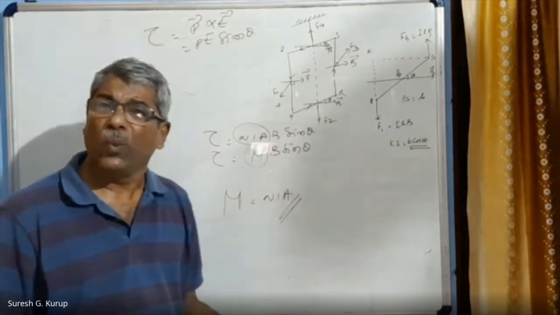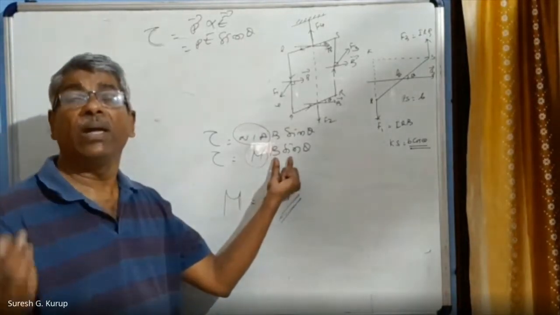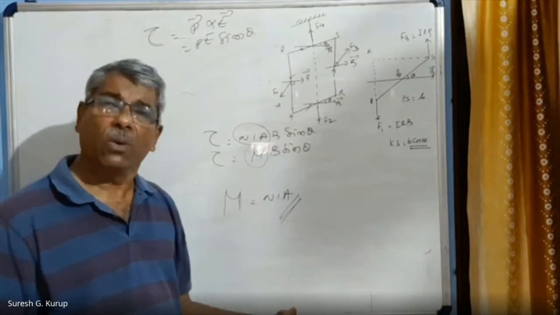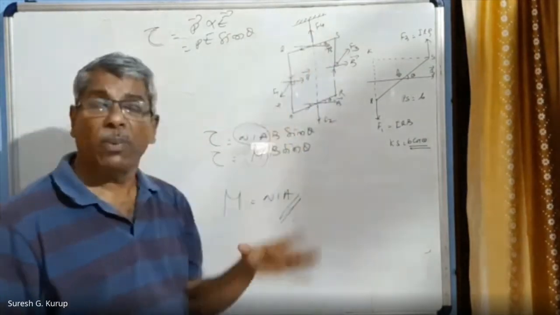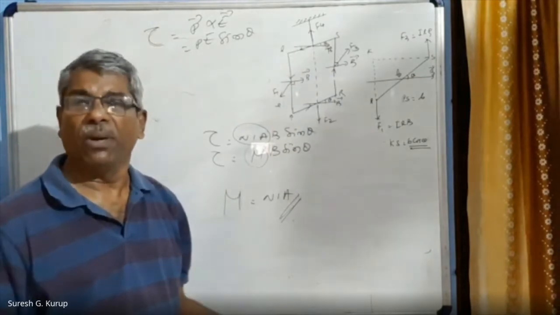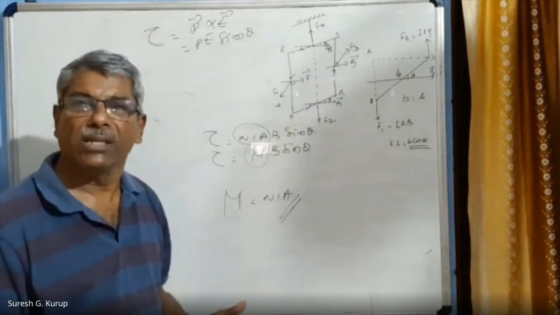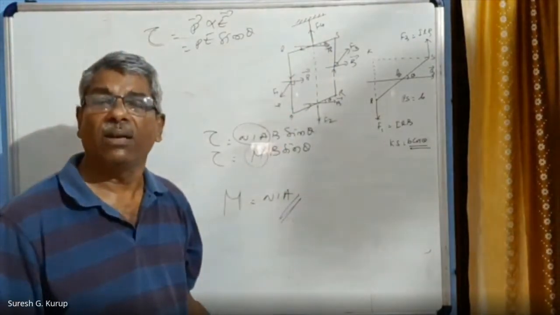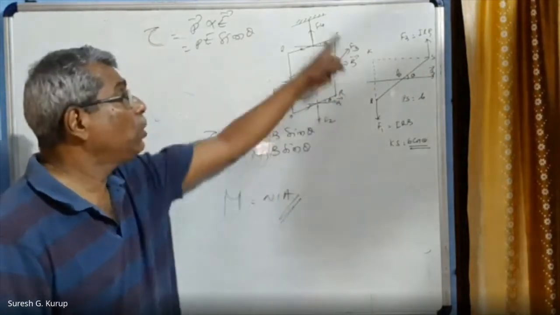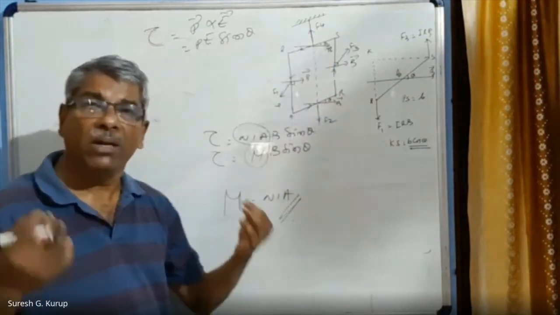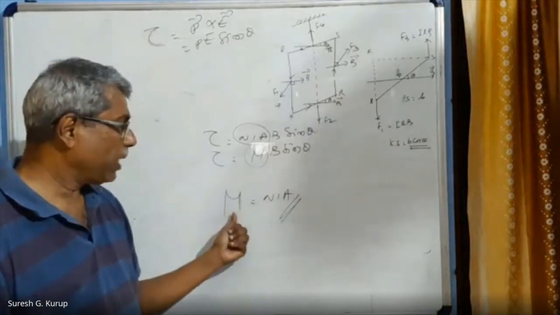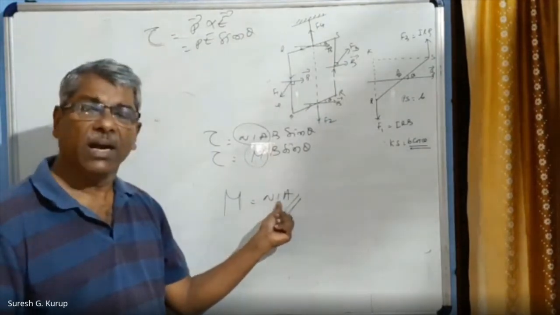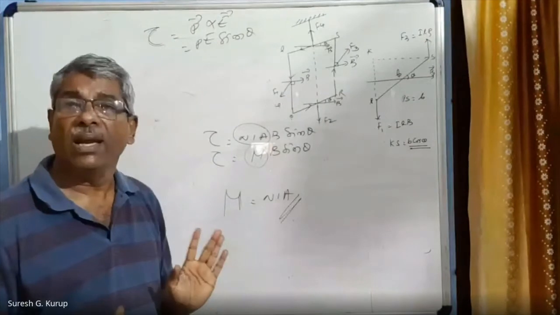So it is nothing to wonder, because a magnet only will have a torque when it is placed in a magnetic field. Any magnet when placed in a magnetic field, torque acts on it. A current carrying loop also, when placed in a uniform magnetic field, has torque acting on it. Therefore, we can say without fear that a current carrying loop is very much like a dipole magnet. If the loop is a dipole magnet, what is the magnetic moment of that? That is given by capital M is equal to NIA. What is N? N is the number of turns, I is the current in the coil, and A is the area of the coil.